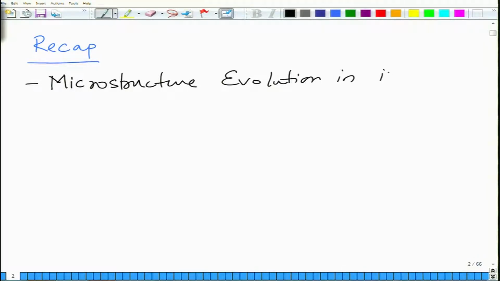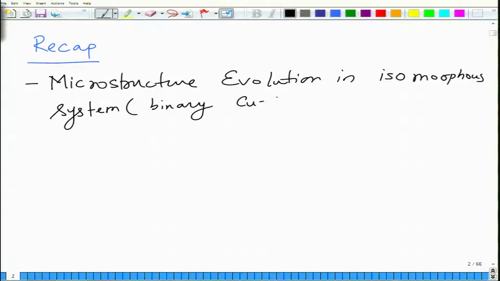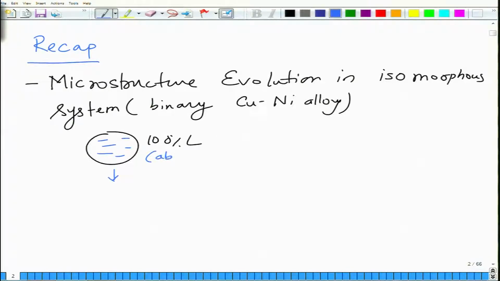in isomorphous system, and basically binary copper nickel alloy. So we looked at the microstructure under both equilibrium and non-equilibrium condition. So under equilibrium condition, your microstructure goes from 100% liquid to, this is above liquidus,